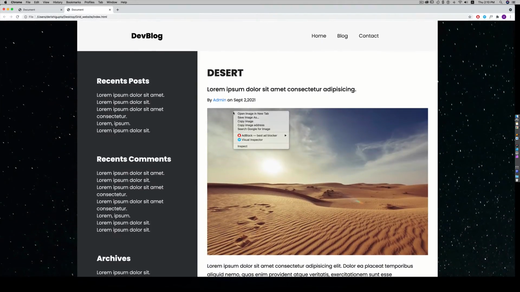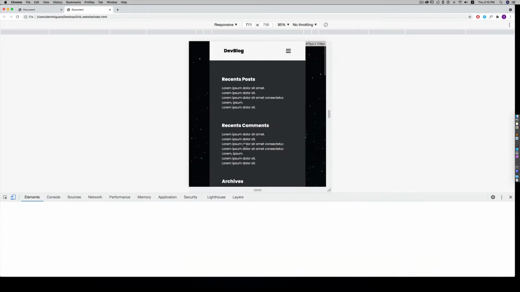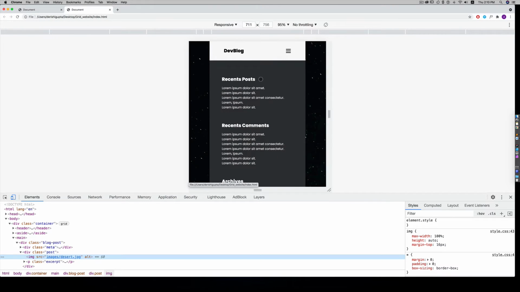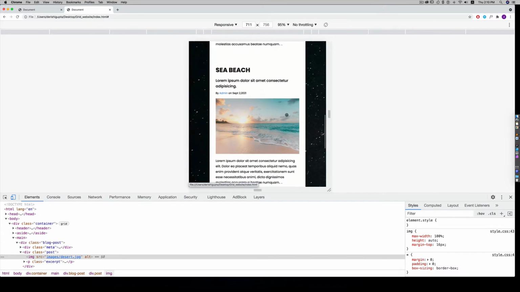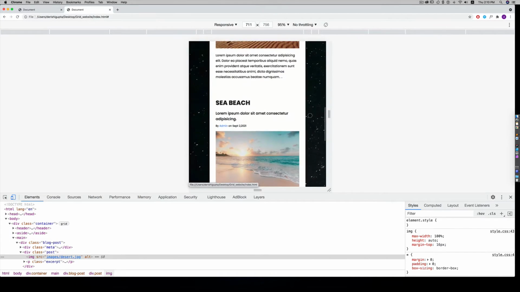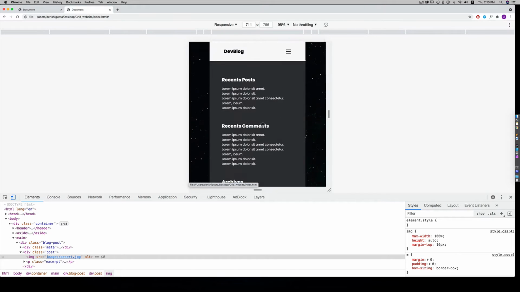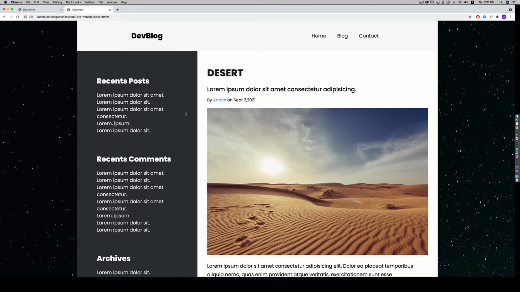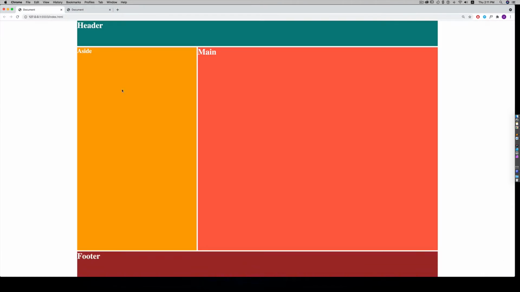This is also completely responsive. So if I inspect, you'll see that all the sections are neatly stacked on top of each other, and we have this hamburger icon which I click to bring up the menu. All the posts are displayed neatly. We have a body background, which I'm going to show you how to do. So let's start coding. First I'm going to create this layout, and then I'll convert this layout into that